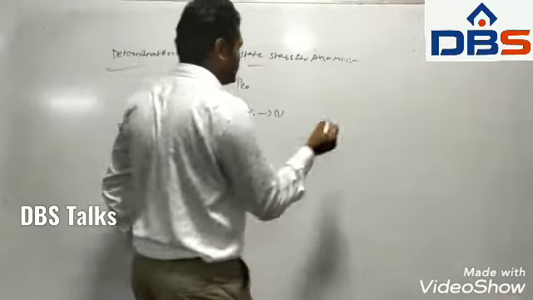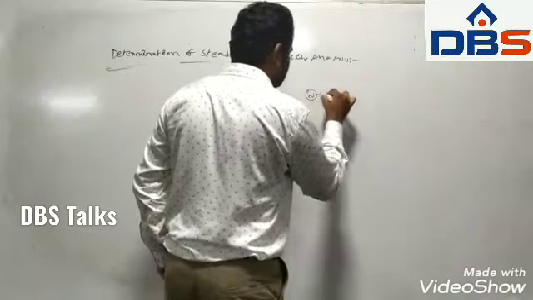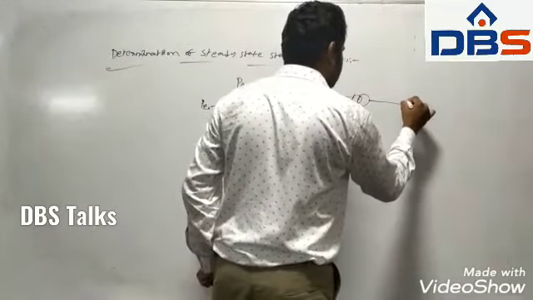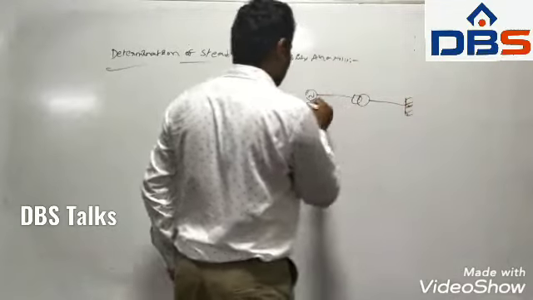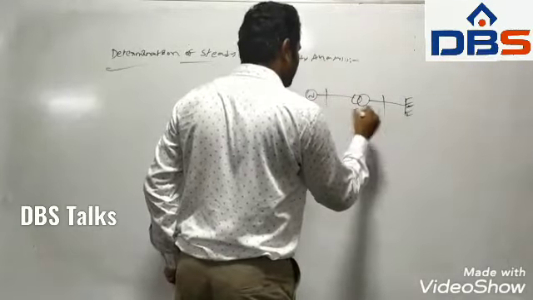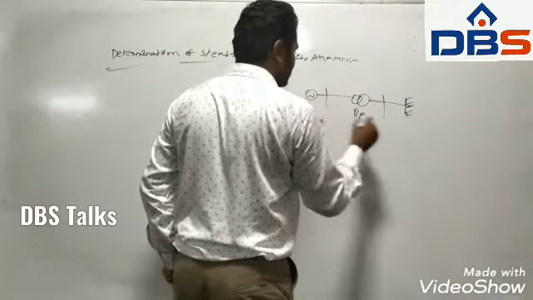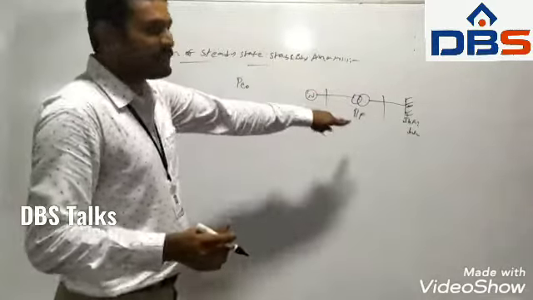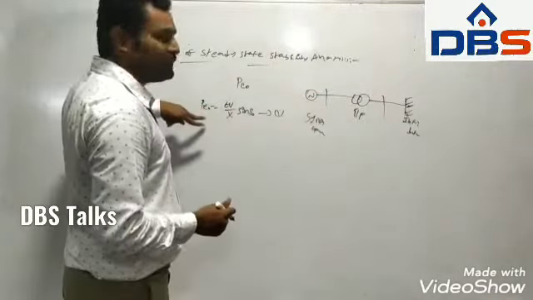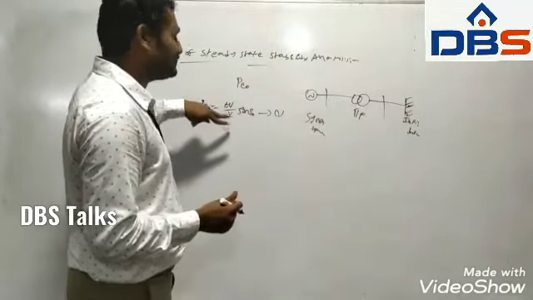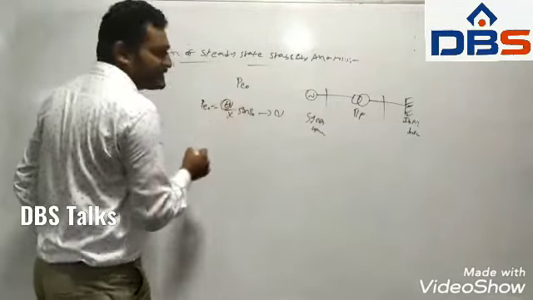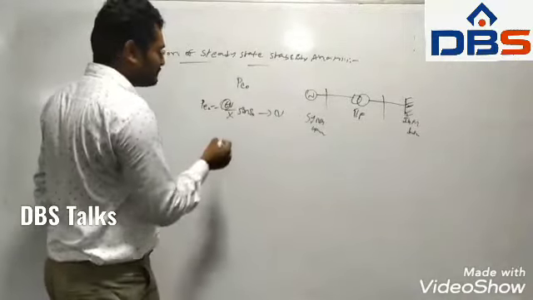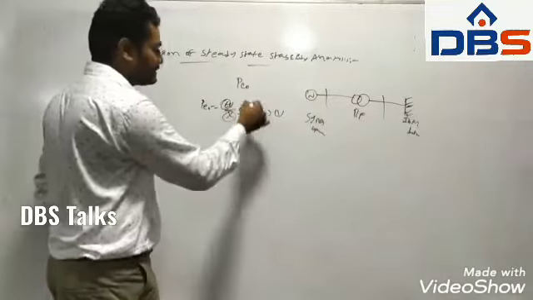I already said in the earlier section that here we are taking a synchronous generator, one transformer, one transmission line and an infinite bus bar. This is the static model of the power system network. By using this network we have P naught is equal to E V by X sin delta naught. Here E is the excitation voltage, V is the terminal voltage of the infinite bus bar, X is the transfer reactance and delta is the load angle.